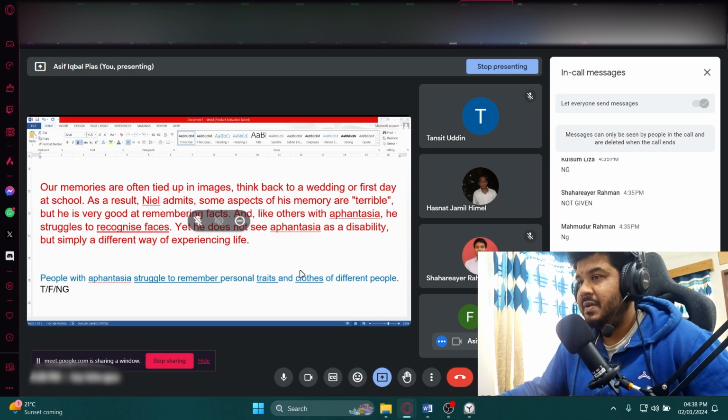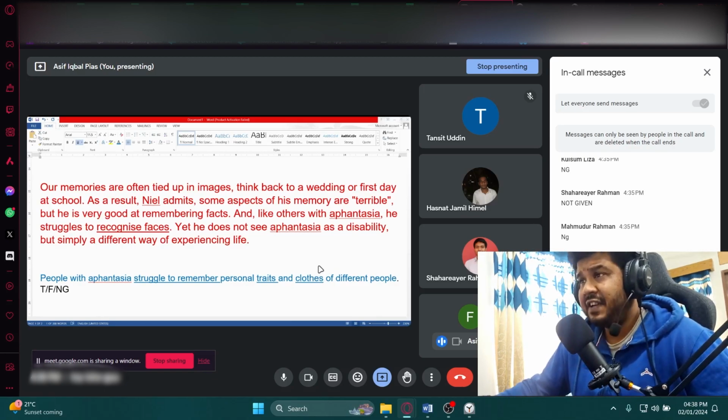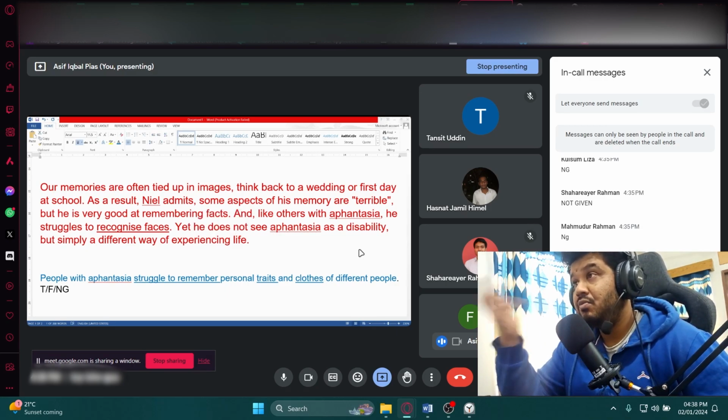No, not really, because they don't say anything related to traits, characteristics, or clothes. We'll say it's not given because we don't know whether the people with aphantasia can identify these people, or whether it is difficult for them to identify such things. We don't know. Faces, some people, now again, if you try to connect way too much, like, oh, faces can also have traits and characteristics,